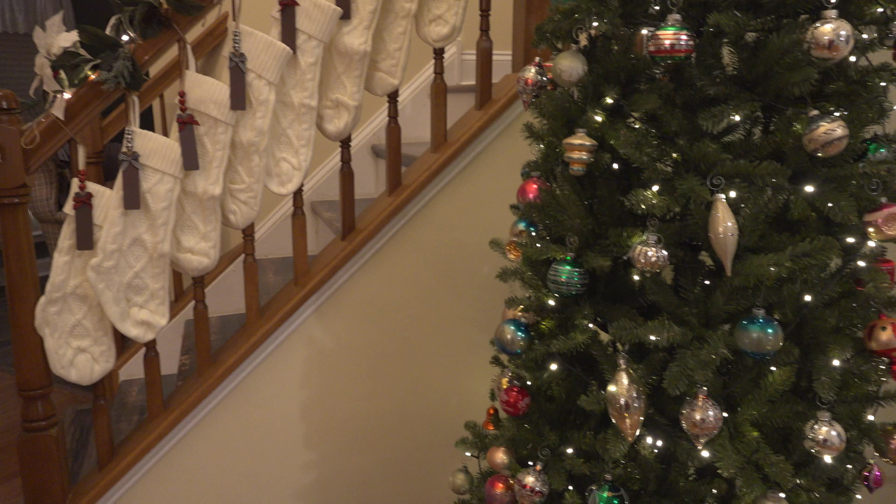And then I added the stockings this year. We've had stockings over the years, but everything was kind of hodgepodge and mismatched. So I bought all white stockings this year to hang up. So I hung those on the...